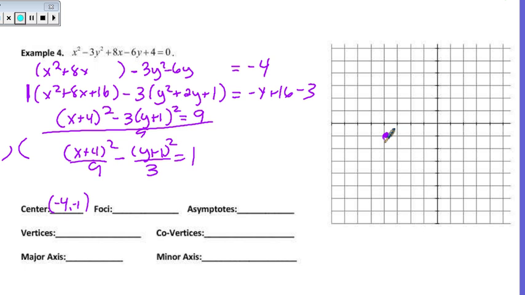Our a value is going to be 3, because the square root of 9 is 3. So 1, 2, 3. Oop, boo-boo there. This is an x squared. I went the wrong way. 1, 2, 3. And then 1, 2, 3. Our b value is going to be root 3, so I need to take the square root of this here. And that turns out to be,